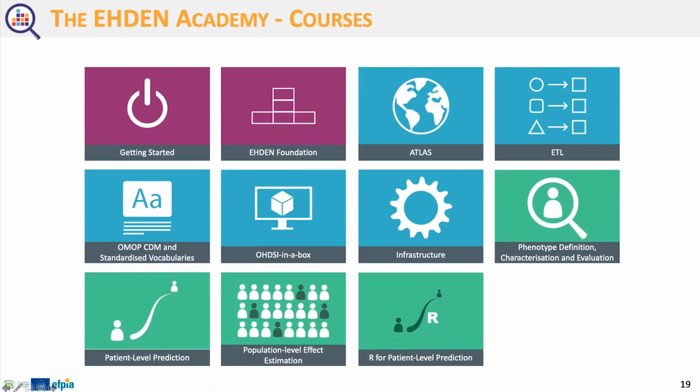As you can see here, there is a huge variety of courses available in the EHDEN Academy. If you're more clinical like me, you may be looking towards the green. My personal favourite is the population level estimation, although I have been involved in a little bit of patient level prediction, which is, again, all very clever stuff. And some of the phenotype definition, characterisation, evaluation are some of the things that became key in our efforts